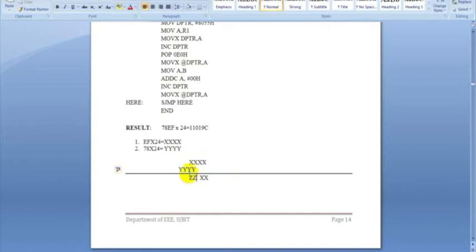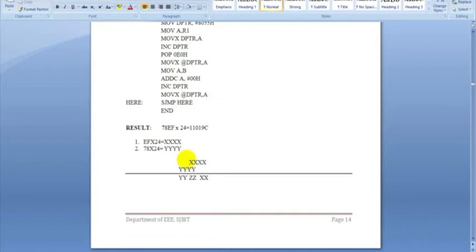Next, if there is any carry with this addition, I would add it along with the last YY. This is how I basically perform the 16-bit by 8-bit multiplication.